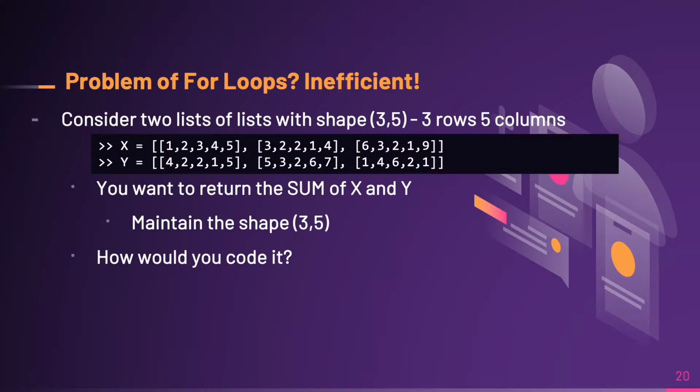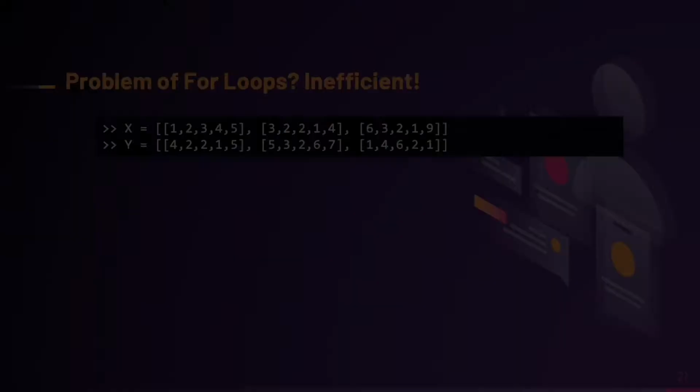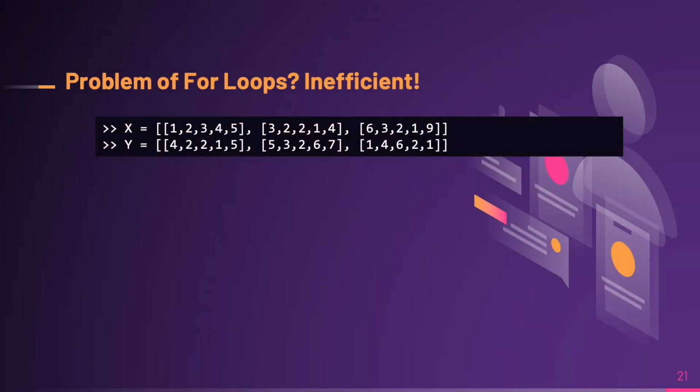Back to the topic, let's say you want to return the sum of x and y and maintain the shape. How would you code the addition of these two lists? Python will not allow for arithmetic addition because lists are objects, not numerical values. So we have x and y,